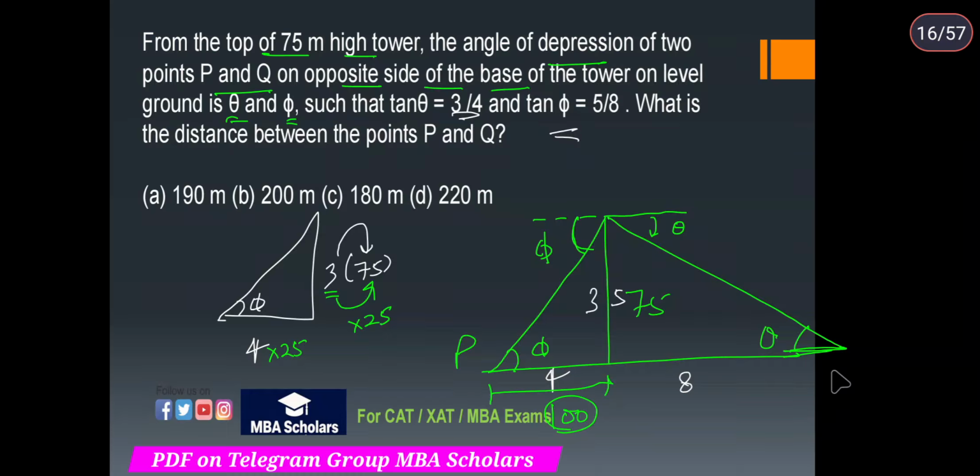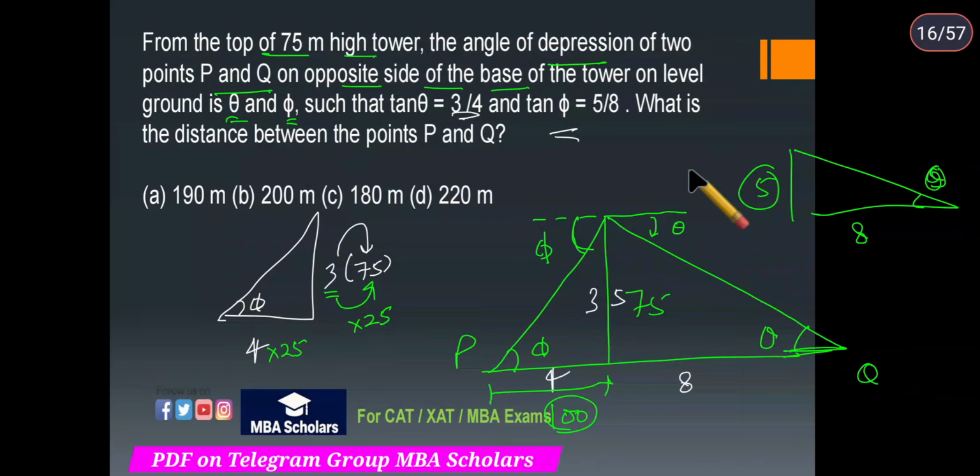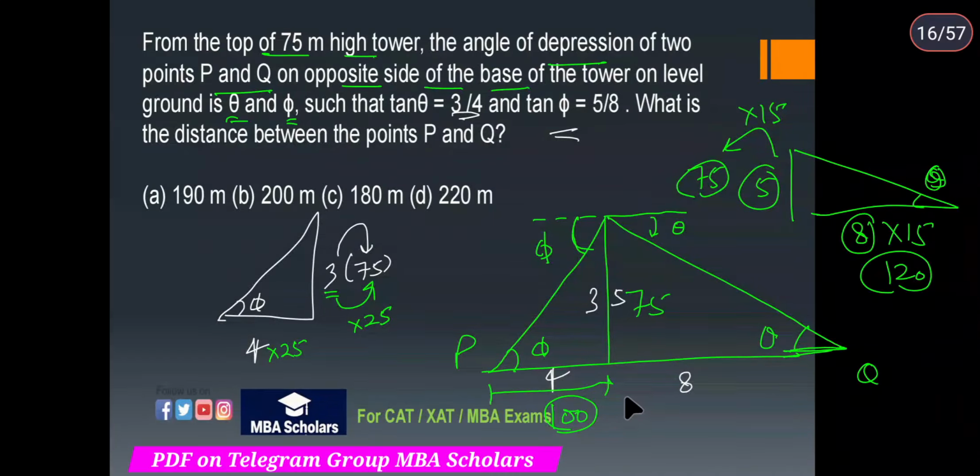नाउ सिमिलरली ये जो पॉइंट P एंड Q, अगर मैं इस वाले ट्राइंगल को समझता हूँ, ये एंगल आपने फाई अज्यूम किया फाई, सो दिस इज़ 5/8, बट 5 के लिए तो जो कॉमन हाइट है वो तो 15 ही है, तो इसको 15 से मल्टीप्लाई करना है। तो 8 को भी 15 से मल्टीप्लाई करेंगे तो ये 120 आ जाएगा। सो दिस इज़ 120। नाउ इट इज़ आस्किंग कि इनका सम बताना आपको डिस्टेंस, तो 100 + 120 इज़ नथिंग बट 220। तो ऑप्शन नंबर D करेक्ट है। आई होप इट इज़ क्लियर।